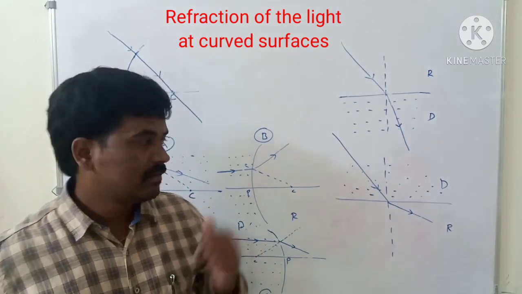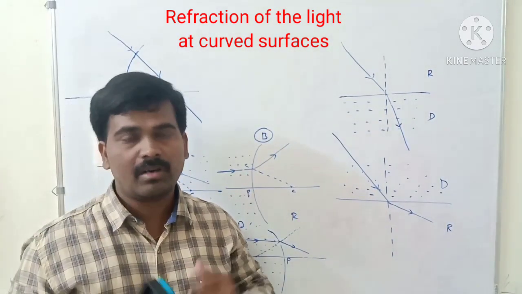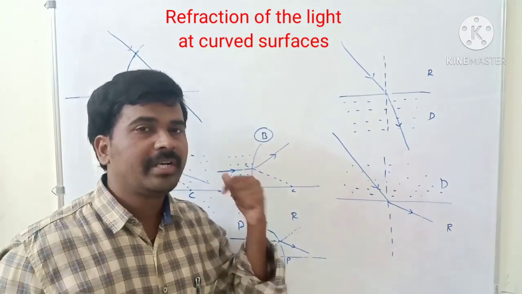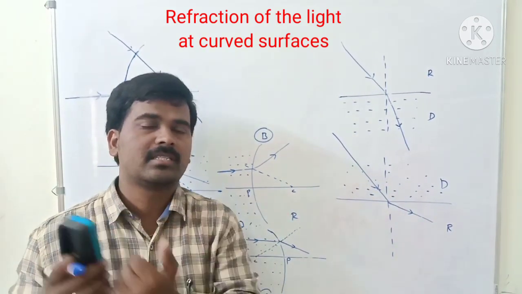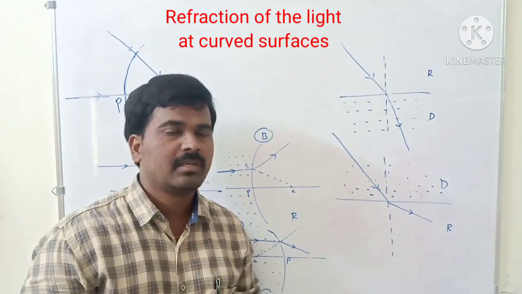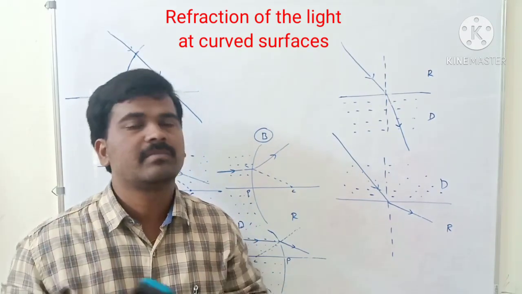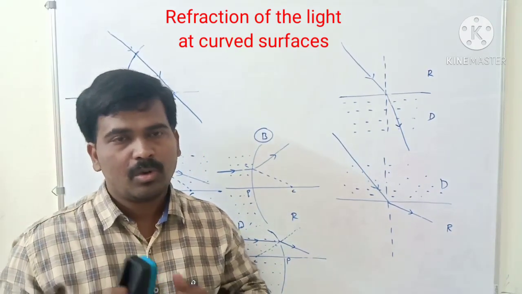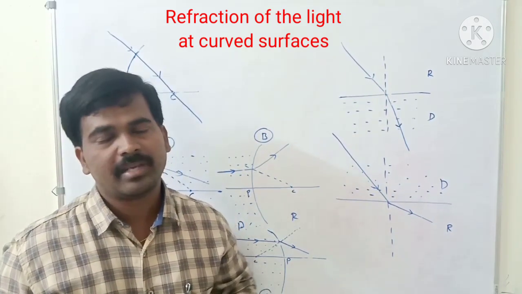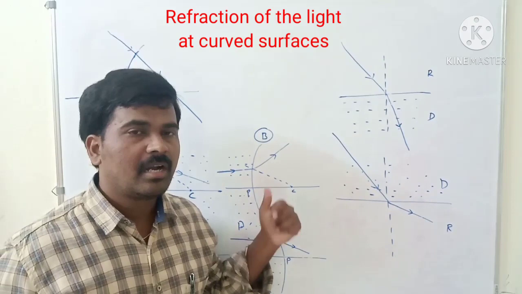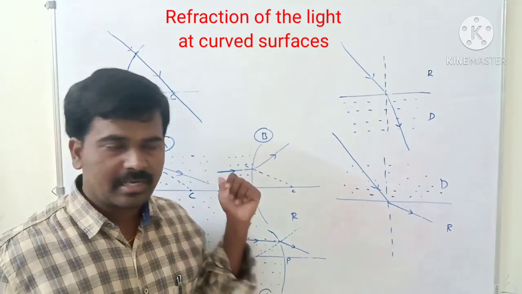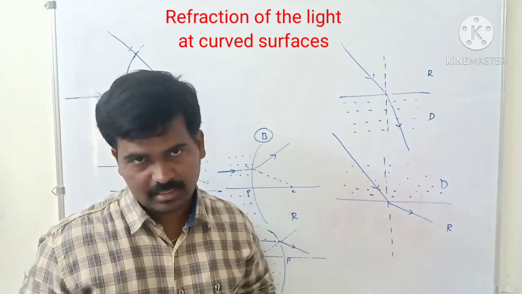In the next class we will learn about lenses. In this lesson we learn only about lenses: how many types of lenses there are, how lenses work, whether a lens diverges or converges the light, and by that, which type of images we get. By the properties of lenses, we learn in which ways lenses are used. There are many types of lenses, but we are going to learn about only two types in this lesson, the concave lens and the convex lens.